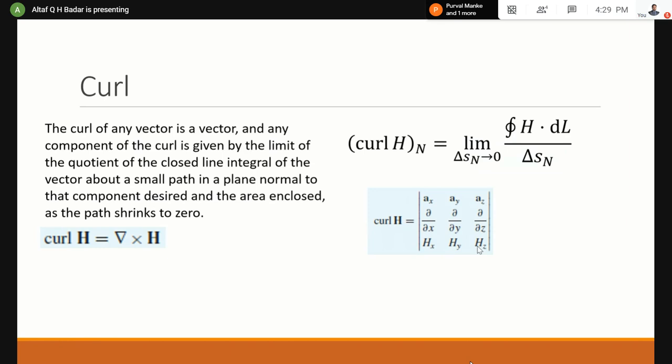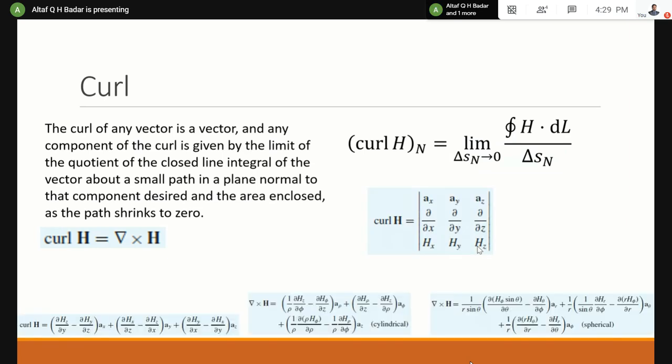And then you have got these formulas which are for different systems. The first one is for Cartesian, the second one is for cylindrical, the third one is for spherical. Now, we can see how the size of the formulas are varying. And you need to either learn it by heart or understand how these formulas are generated, and you need to even implement it at the time of your examination with very small amount of time remaining.